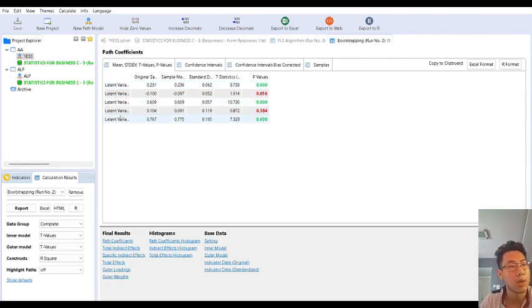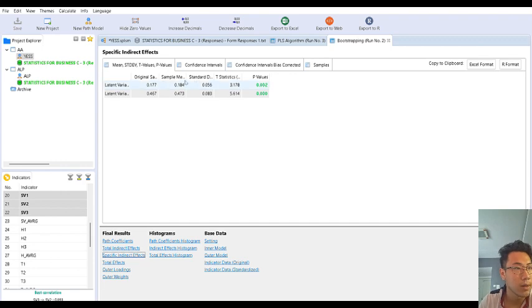You can know if there is any significance in your data by the coefficients. And the next one is the specific indirect effect. As you can see, there's a significant effect. You can know if there is a significant effect or not by this specific indirect effect. For example, in this data, there's no such significant effect.